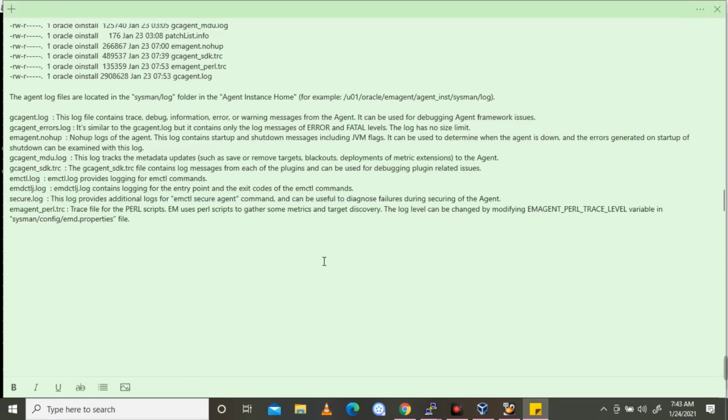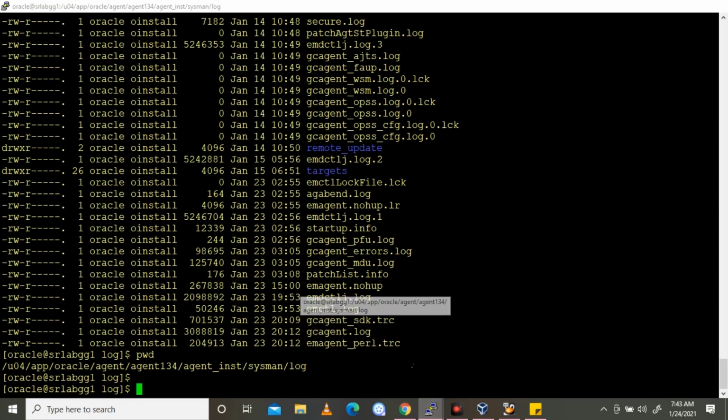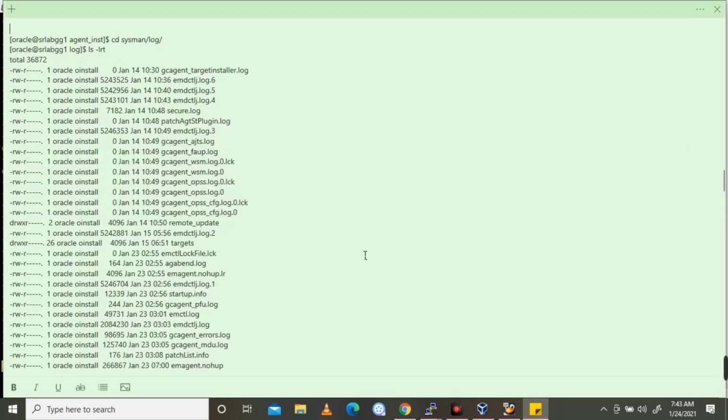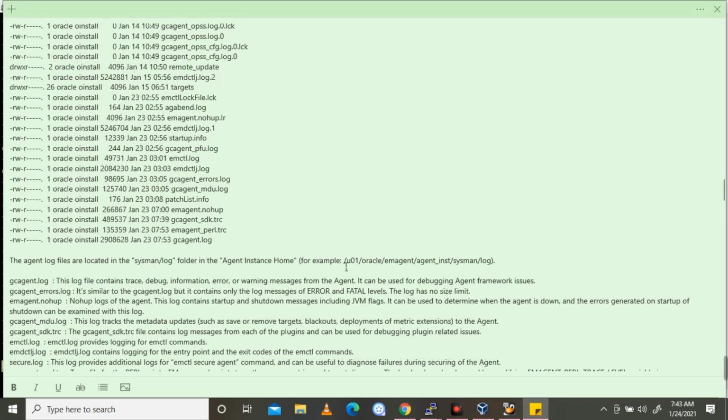The agent log files are located in the sysman log folder in the agent instance home. In my case, this is the home.